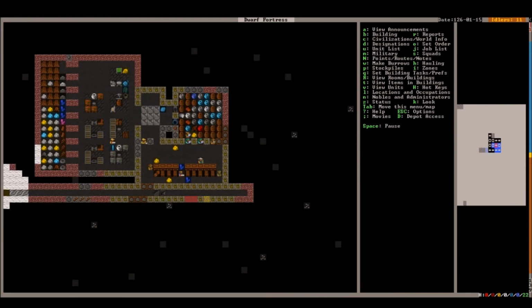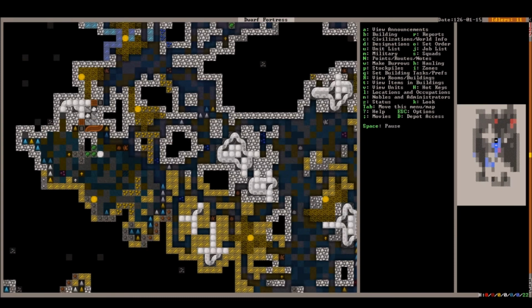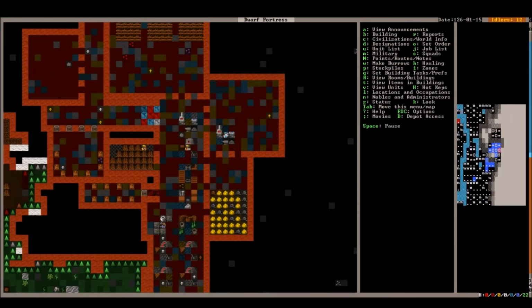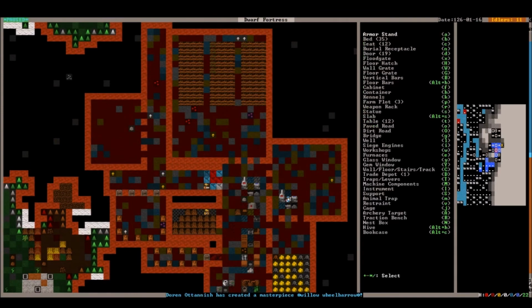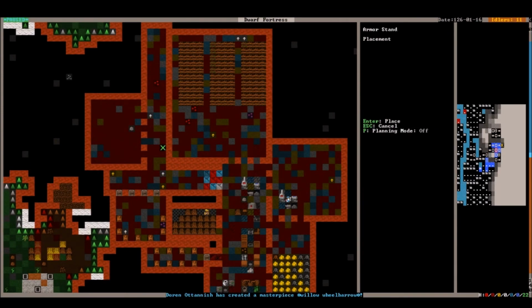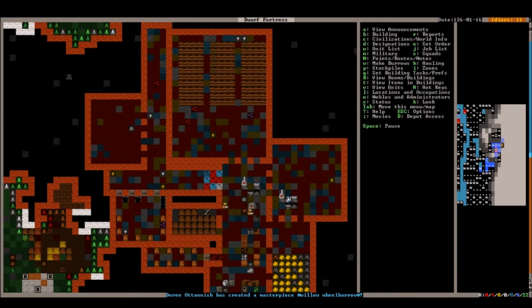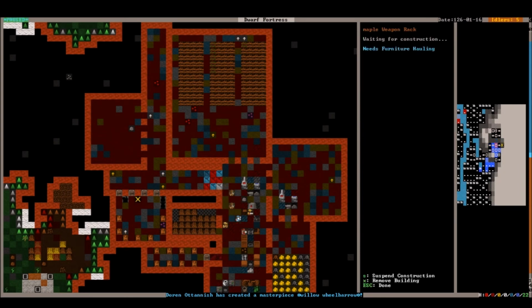So we've got some weapons being made. We've got our mine walled off. Next step, I guess, is to start on our barracks, which we will do. We've got a couple armor stands and such now, which we'll throw in here. Throw in our weapon racks. Put that here. For the doors. And then we'll be able to make this into